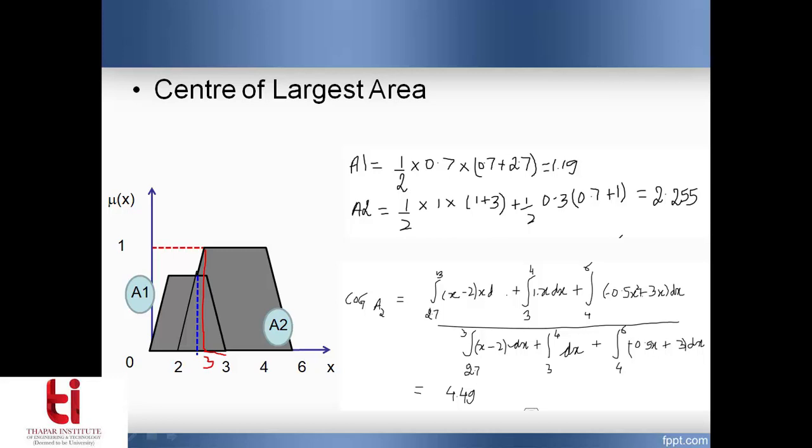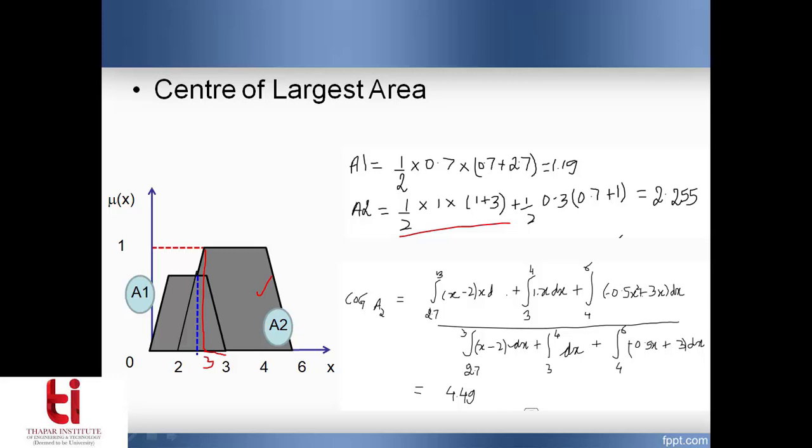So I'm dividing into two parts. This is going to be one trapezoid and this is going to be the other trapezoid. So this is my first, that is half into 1, the bigger trapezoid. 1 is the height of that, the base 1, and the other values between 3 and 6, it is 3. So it gives me this area.